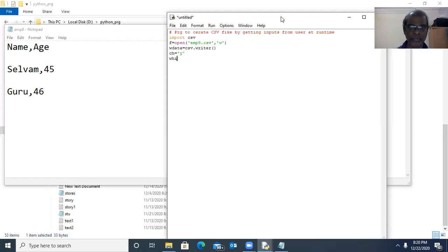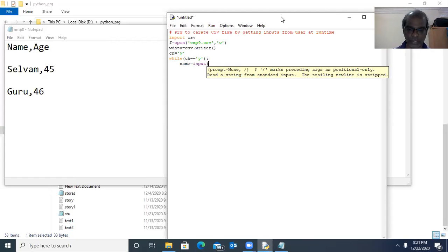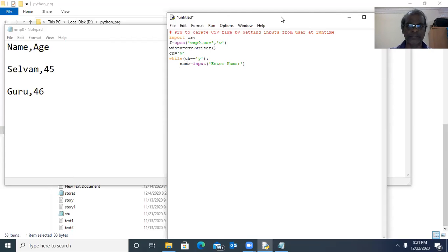While ch equal to small y. Okay, then here we got to get input from the user. Name equal to input, enter name. Then age equal to input,